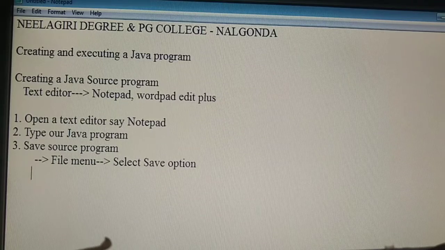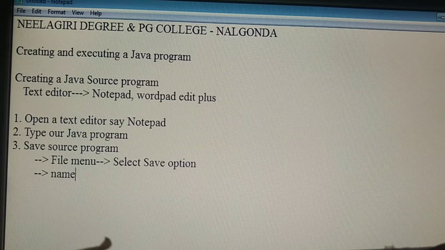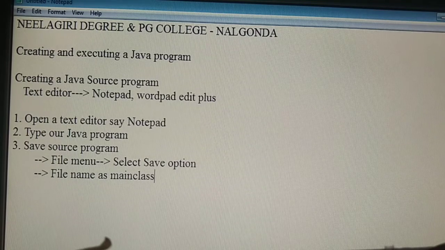Then we have to give the file name. In Java, whenever we save the source program, the name of the source program must be the same as the main class name. So how to give the file name? As main class name dot java.